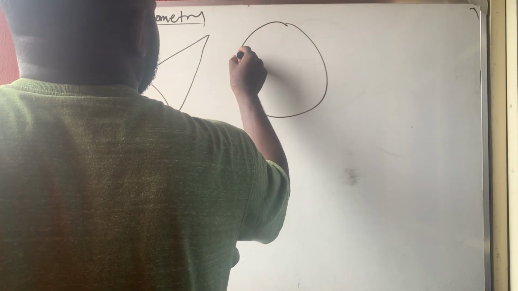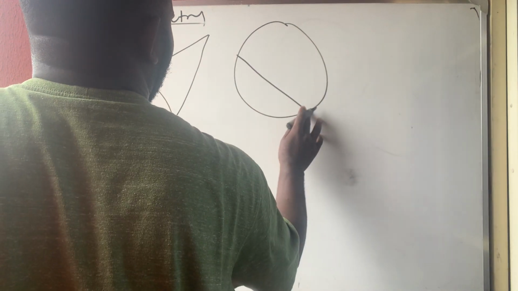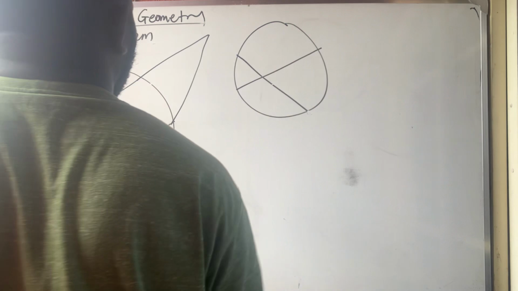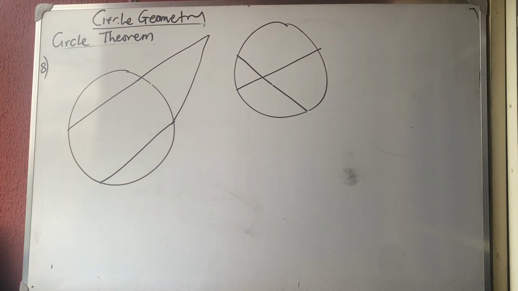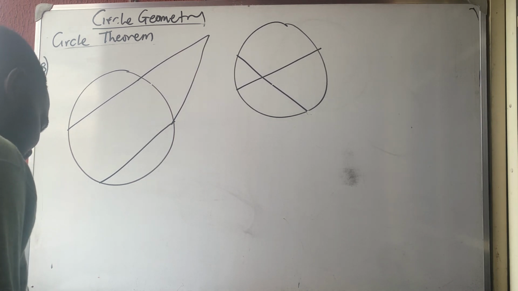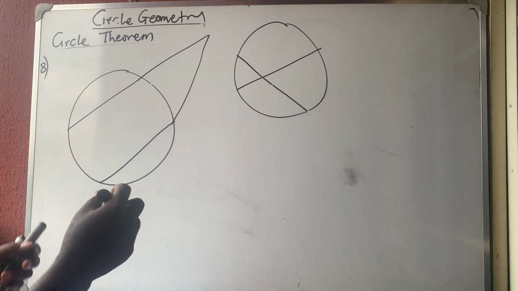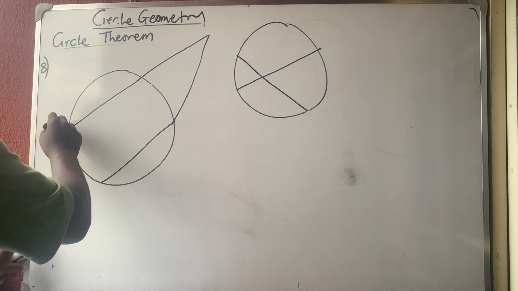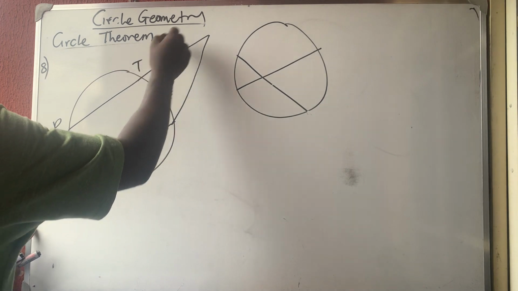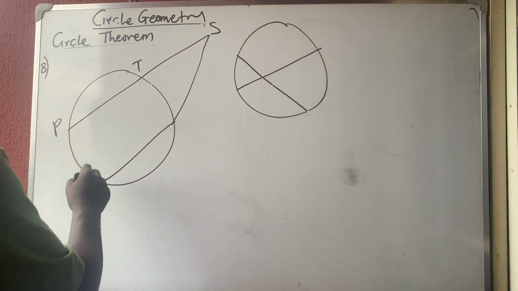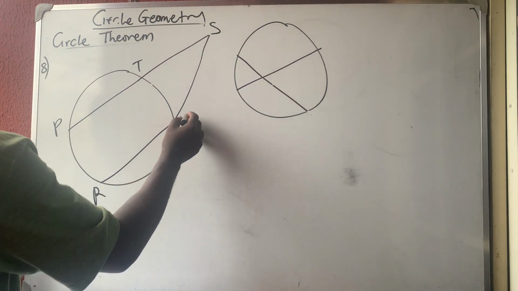I have a chord like this, and maybe another one like this. Whenever you have two chords, this one said, let me read it out. It said that two chords PT and QR of a circle intersect outside or inside a circle at point P. Now whenever they intersect, let me have that here is PTS, RS,